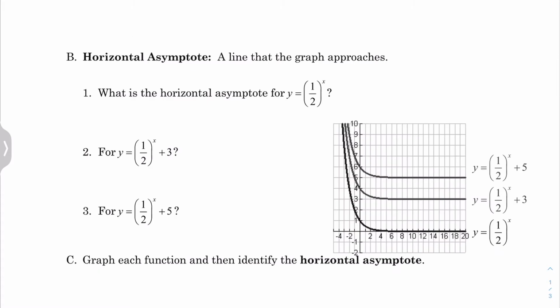When you have exponential decay, the graph is similar, but instead of going to the right and getting larger, now when you go to the right, as x increases, the y's will get closer to a certain smallest value. So we still have a horizontal asymptote, which means we're getting close to a certain y value that we can't be smaller than. The easiest way to find the horizontal asymptote is to look towards the end behavior, which means